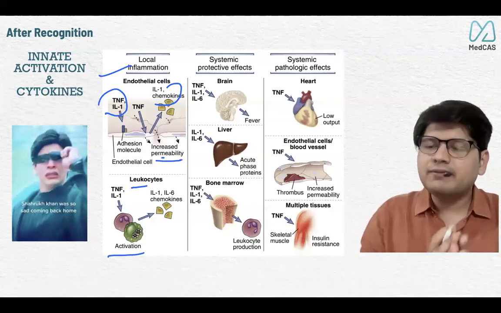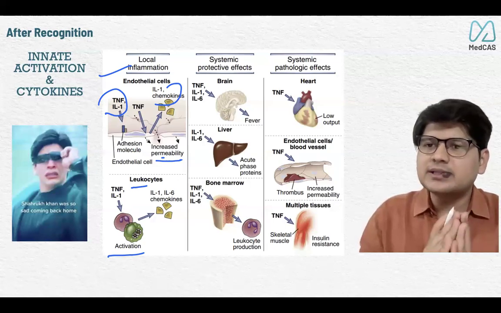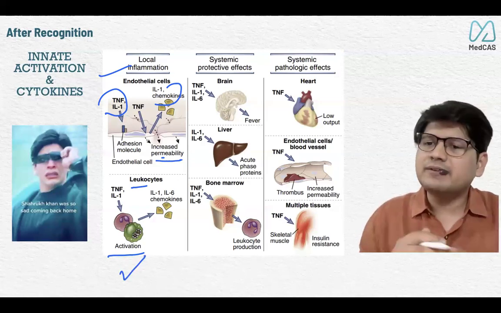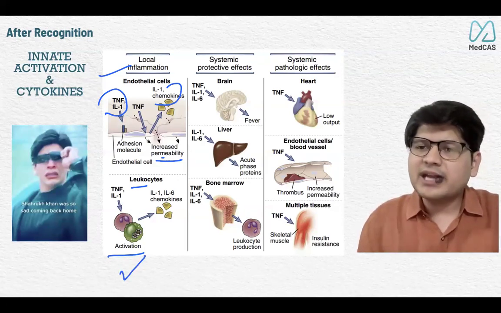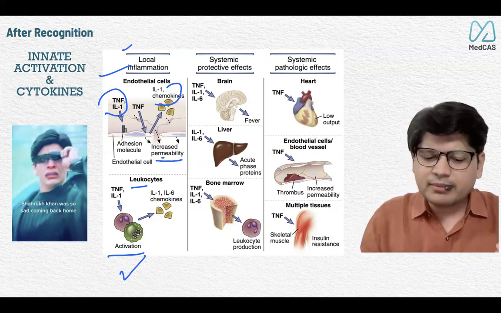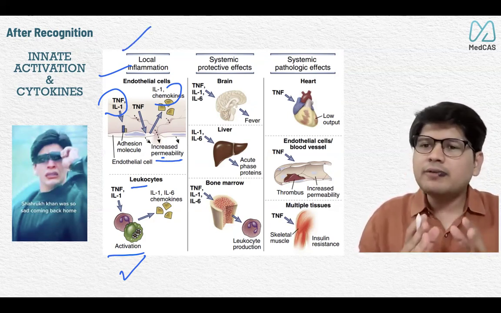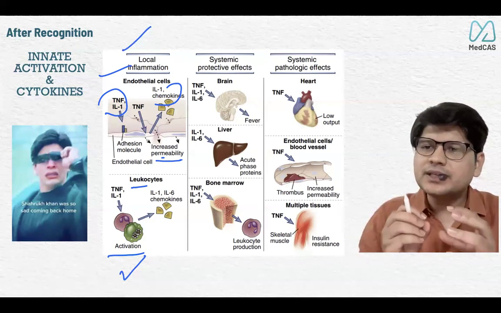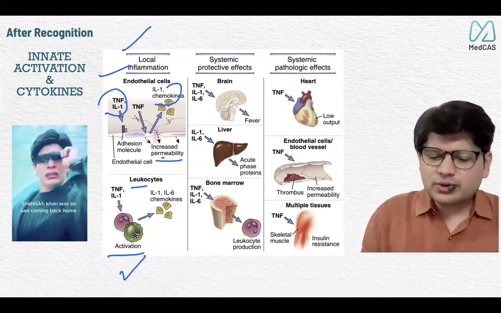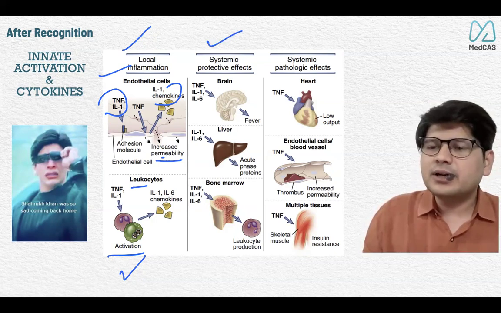So at the site of infection, you will see redness, swelling, pus formation, everything which can be seen as local inflammation. If it's pneumonia, you can see a patch on the x-ray, you get crepitations on auscultation. These are all features of active local inflammation. Now, along with that, what do these cells do? They secrete cytokines. We will come to cytokines soon. Now these cytokines have effects on different organs.